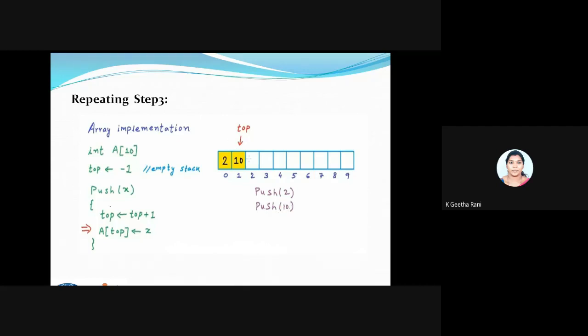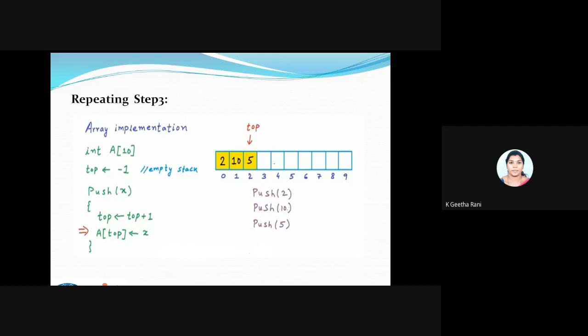The same process: my top gets incremented, and I assign my value to the particular index. You can see it's like a stack, my elements are stacked above and above. After 2, my 10 has been added, and my top value keeps on increasing. Assume I may have some default or garbage value inside all this memory. So I'm just putting 2 and pushing the 10 value.